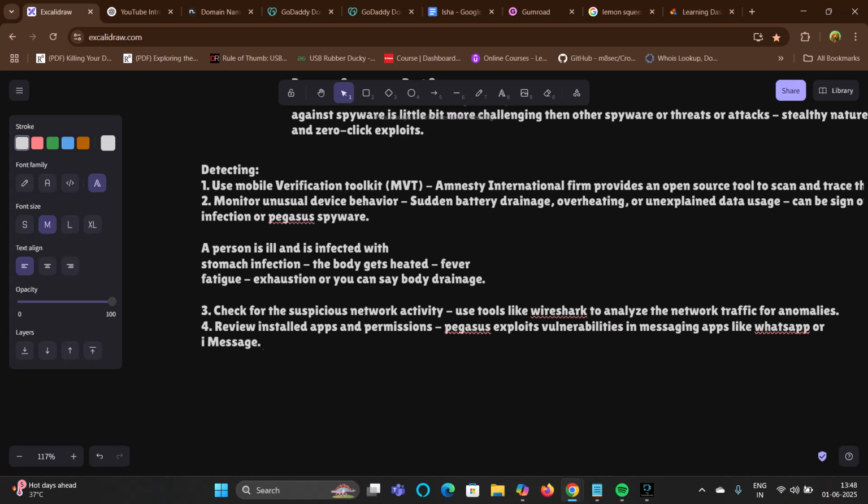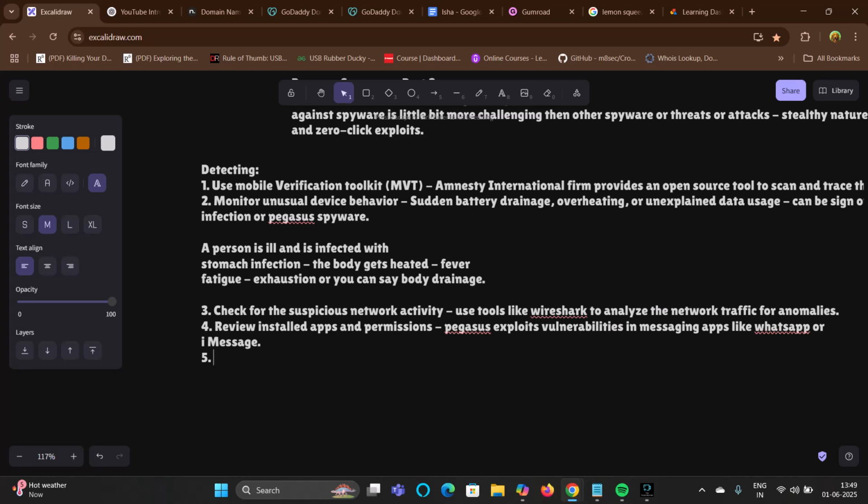So you should always keep an eye on these kinds of things and take note of whether they are working properly or not, and whether any unusual access has recently been given to your system. Keep reviewing, guys, so that you get to know if there is anything running in the background which you don't know about. You should always stay updated about your own device as well.